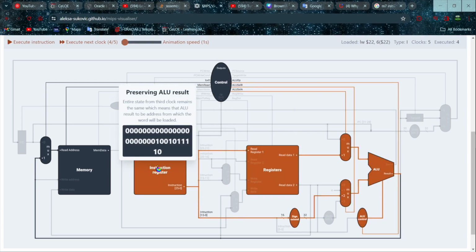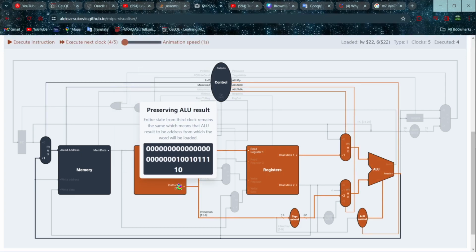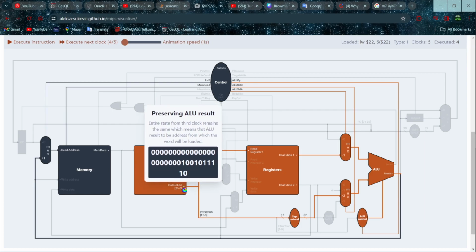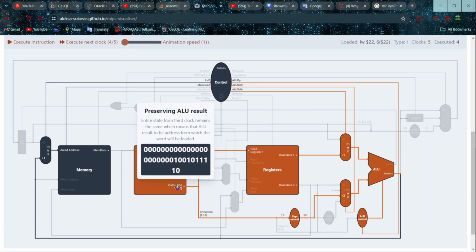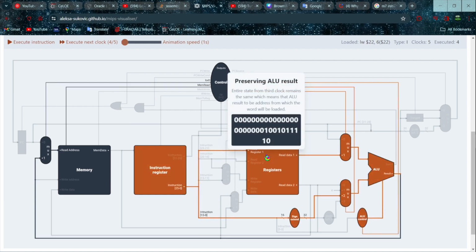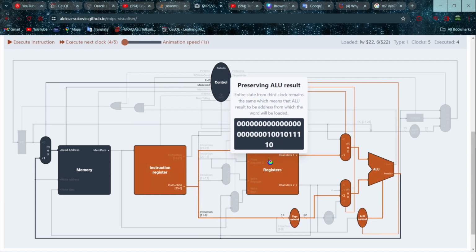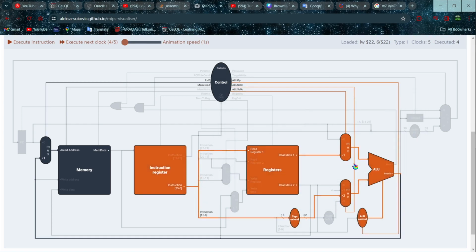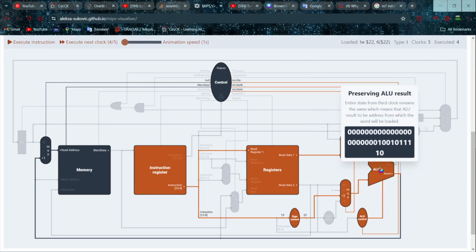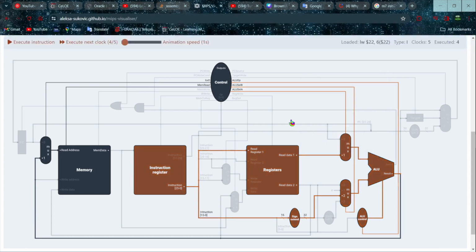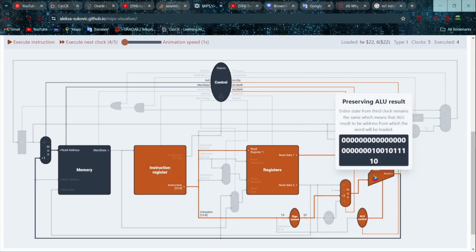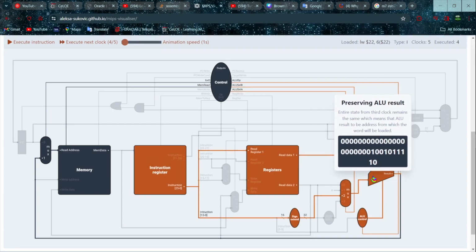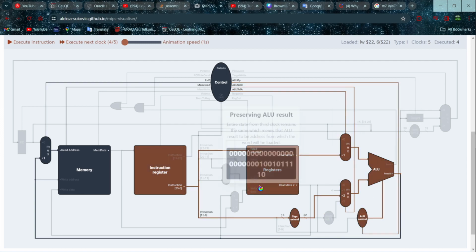The instruction register preserves the ALU result, with the rest 26 bits of the instruction coming to read register 1 in the register memory. Then the ALU unit combines the inputs, sel A and sel B, to be controlled again and placed into the register memory.